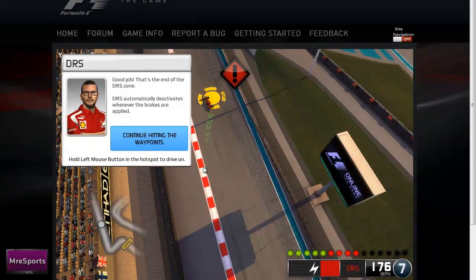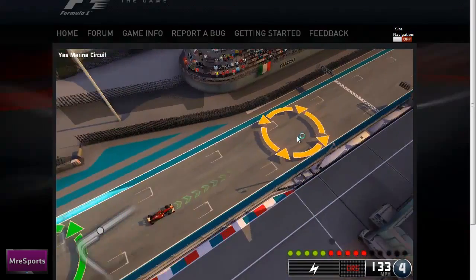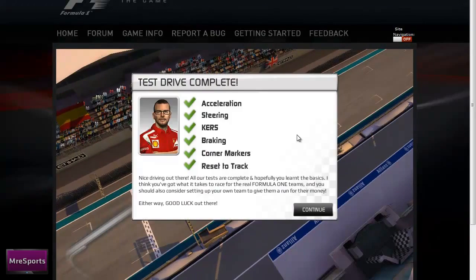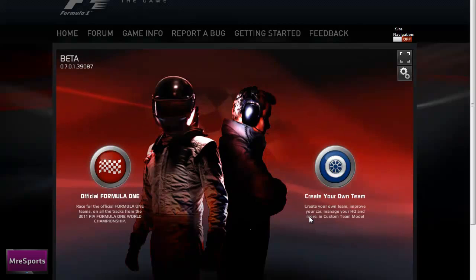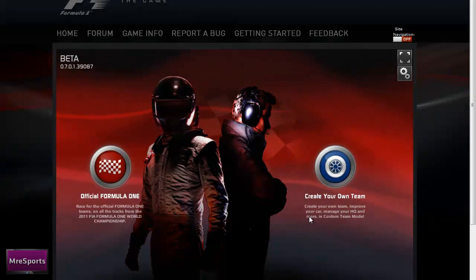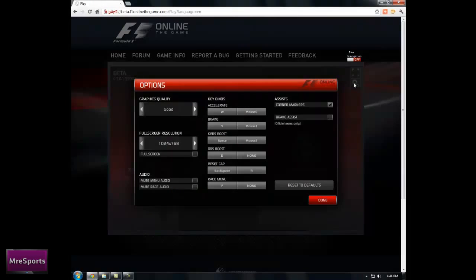And so now we're being told that the DRS automatically deactivates as soon as you get through the zone. So now skipping ahead to the end of the tutorial, and you can see that we're told by our engineer that we have completed all of our test drive objectives. So at the end of the tutorial, you're actually given two options. You can either create your own team, or you can go into the official Formula 1 module, which actually I have not had an opportunity to play with, so I'll be focusing almost exclusively on create your own team for